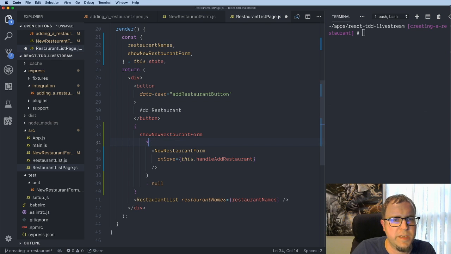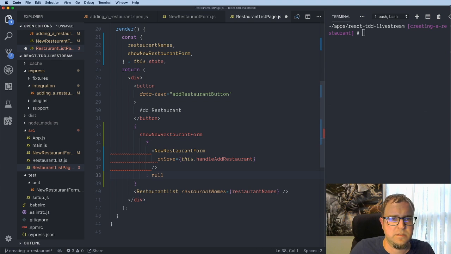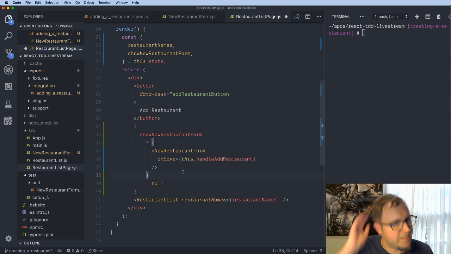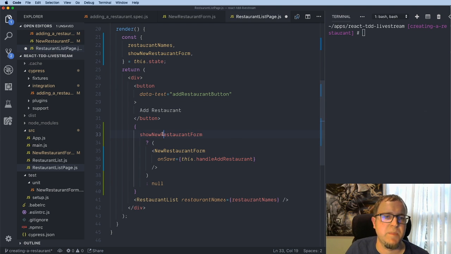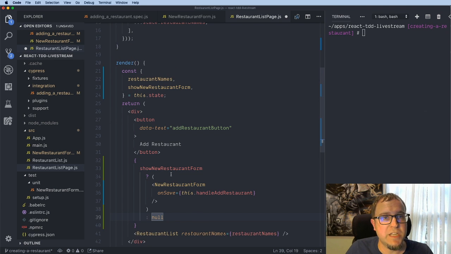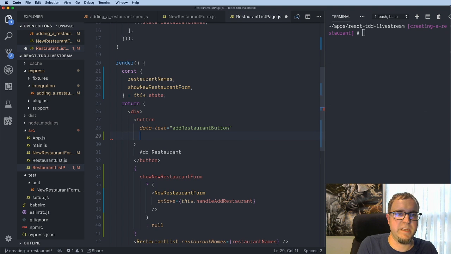Actually, I wonder if we could even just do this. No, it doesn't like that. I think I like the parentheses around that. We'll hopefully change this later. So if we are showing the new restaurant form, then render it out, otherwise render null. And I think this will actually, well, no, this won't pass the test because we're not ever changing the value of that. So now we want on here, on click